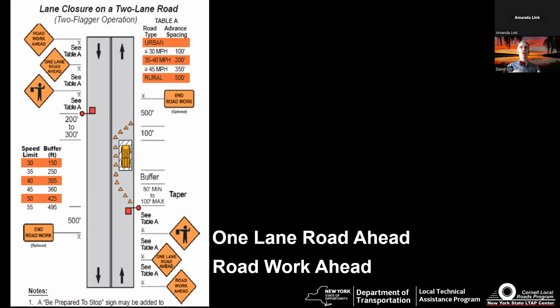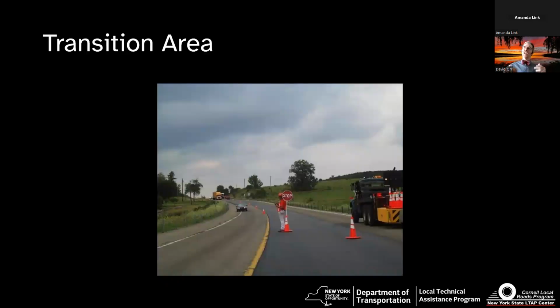1-lane road. We all know 1-lane road means 2-lane road. One's closed. I might have to stop. And then we tell people we're stopping you with a flagger. So it's a flagger ahead. If you're stopping them with a traffic light, you would use a traffic light symbol. Or if one of these little AFDs, these automatic flagging devices. So the idea is you give people advanced signs to slow them down, and it improves their chances of reacting properly. Okay. Now, as they get up to the work zone itself, there's a transition area.